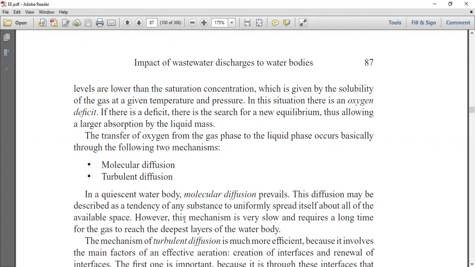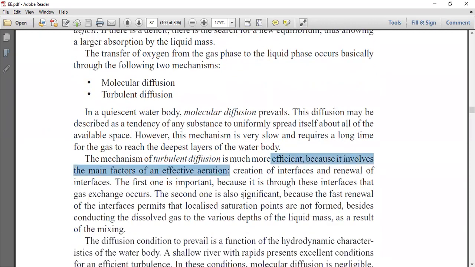The mechanism of turbulent diffusion is much more efficient because it involves the main factors of effective aeration: creation of interfaces and renewal of the interfaces. The first one is important because it is through the interface that the gas exchange occurs. The second one is also significant because the fast renewal of the interface permits that localized saturation points are not